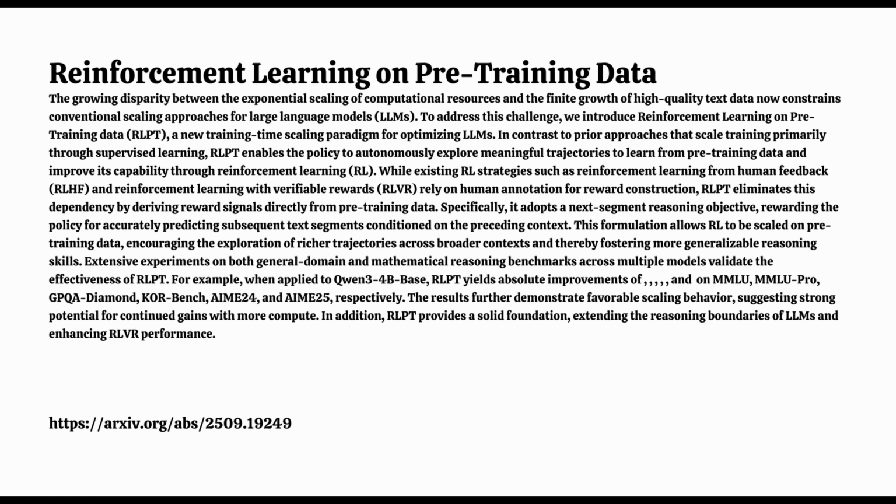Meaning, does the segment the model predicted carry the same essential meaning as the actual segment that was in the original data? And how is that judged? By another tool, a separate model called a generative reward model, or you can think of GARO as an automated judge. It compares the predicted segment and the ground truth segment and scores how semantically similar they are.